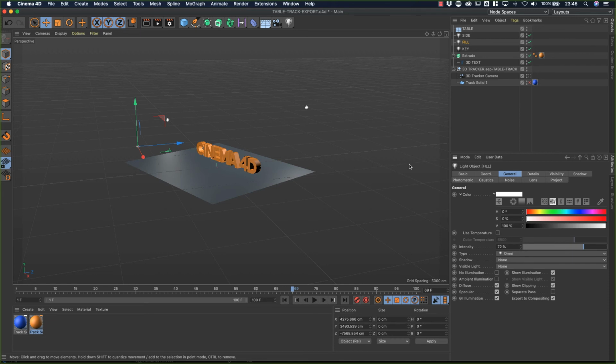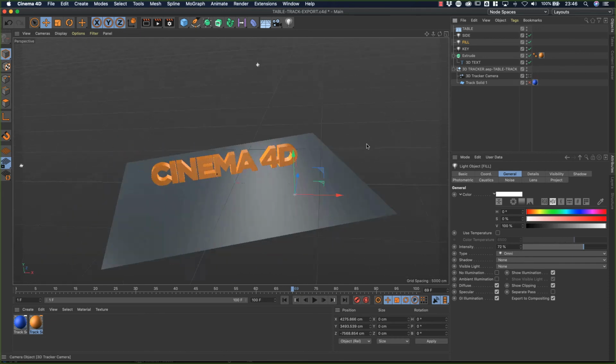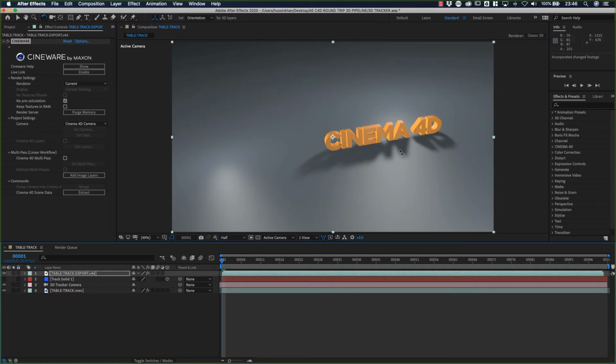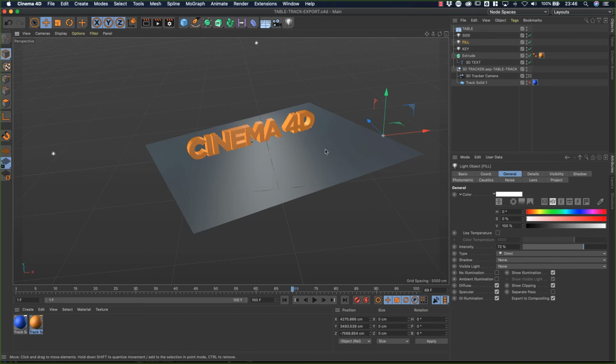Yep. And let's Control or Command S, jump back to After Effects. Yep, that's the shadow I like to have, yeah? Perfect. Okay, so to make the composite more realistic, if you notice, if I do a render here, it looks